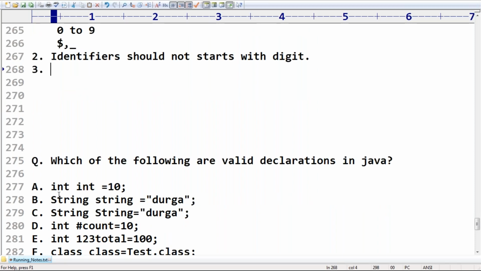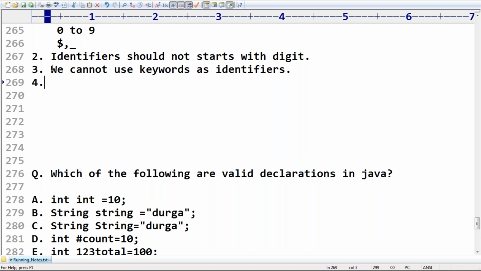Can you please confirm, is the first one valid or invalid? It is invalid, because this is a keyword in Java, so we can't use keywords as identifiers.